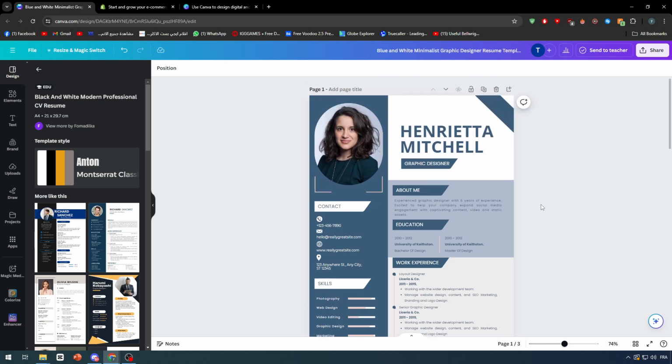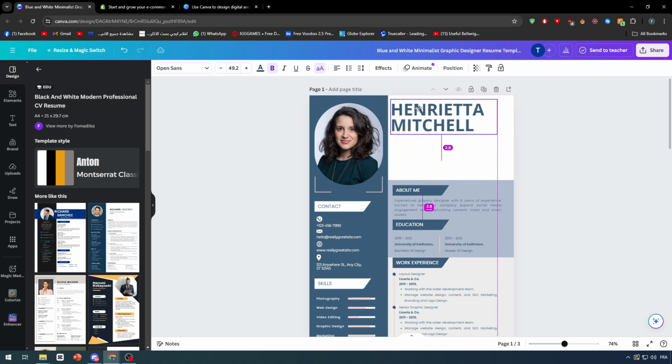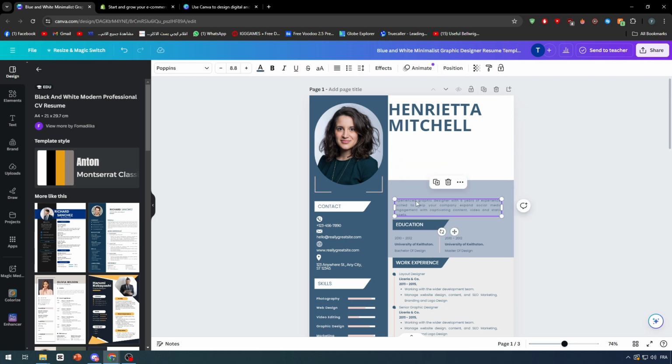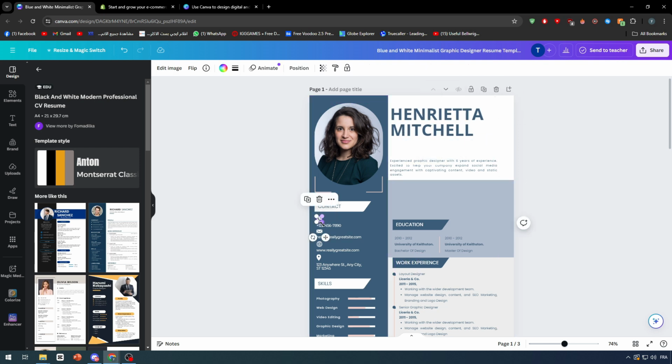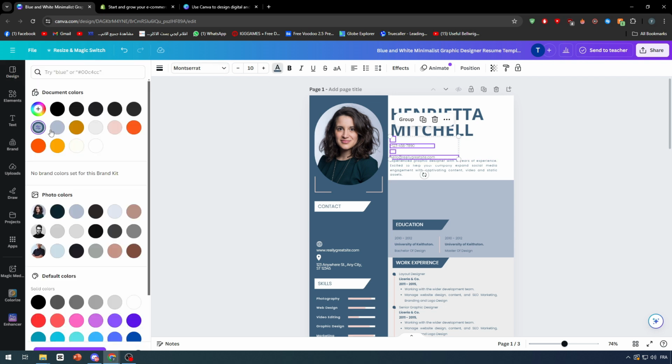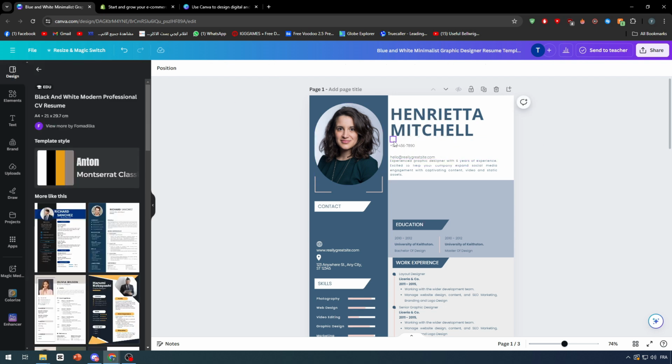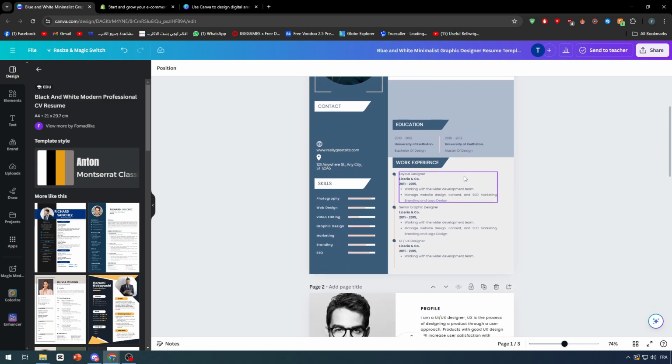Alright, so what I would usually do is change a couple of things within here. For example, here I'm gonna remove this, I'm gonna add this here, and I'm gonna remove about me from this section, and I'm gonna add it right here. Also, I'm gonna add a small place where I'm gonna add these things which are very necessary, and I'm gonna change the colors so they can match our idea, and basically I'm just gonna add them to here. So what I'm doing right now is not only redesigning the picture or adding an element to the picture, but also